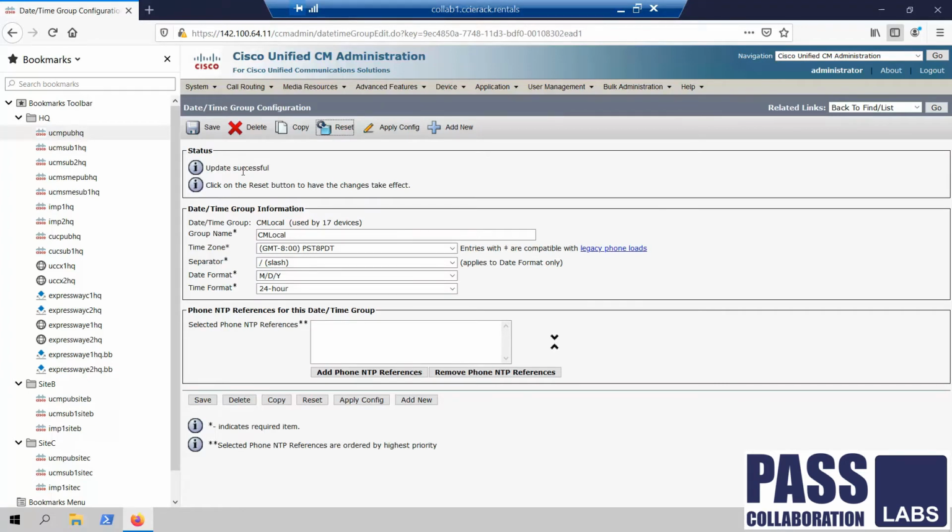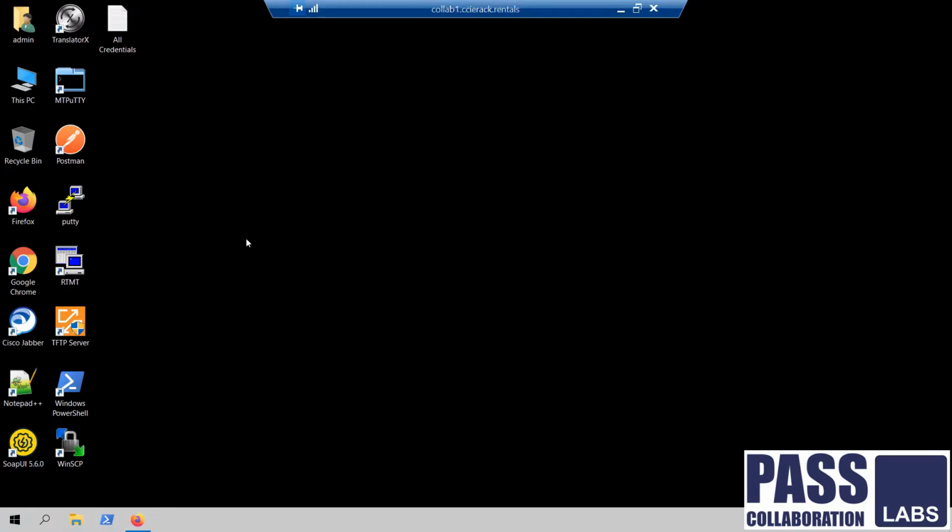Now the next is NTP for HQ Publisher. The NTP is something we could do from CLI. We'll be using multi-tab putty to SSH to HQ Publisher.